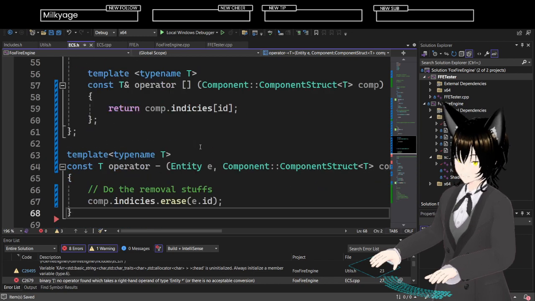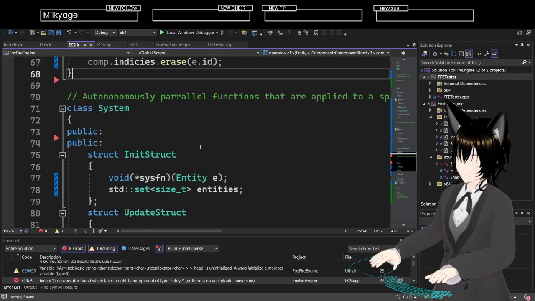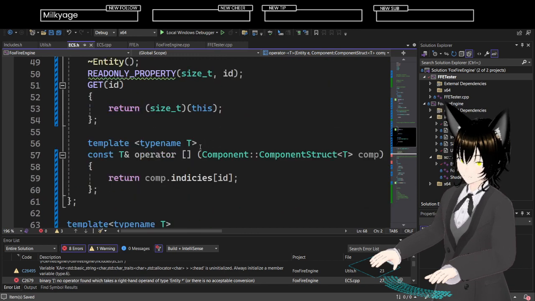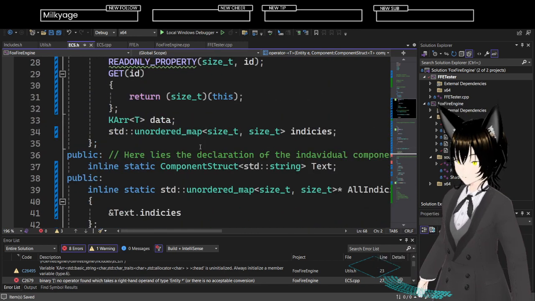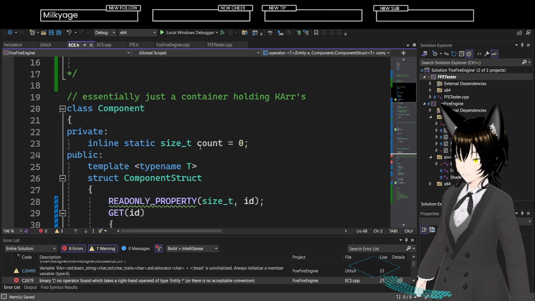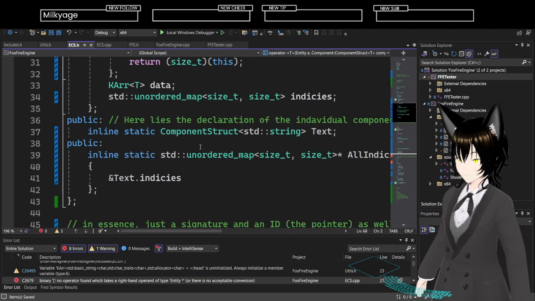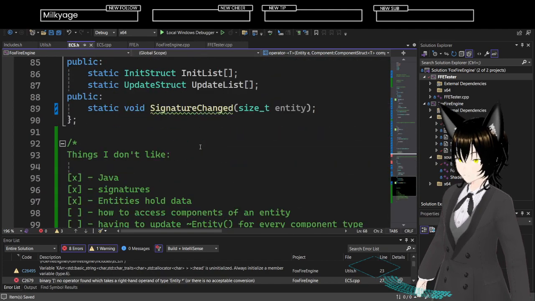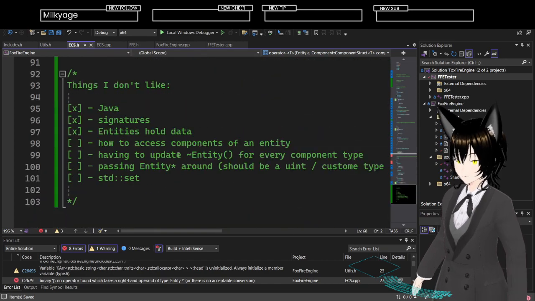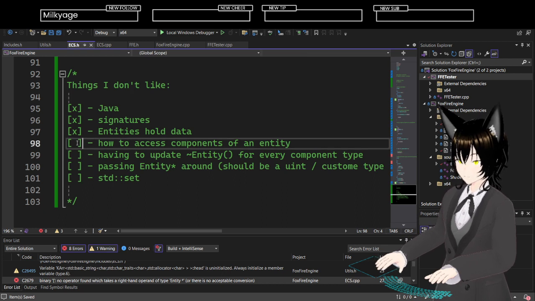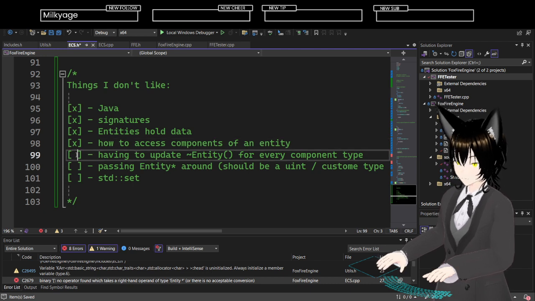So we have that. Now I also need to update a lot of things. Take a look here. So I can update this one. I can remove that.